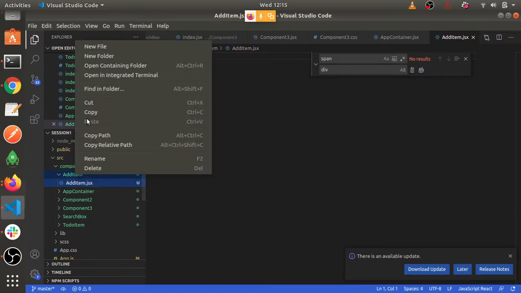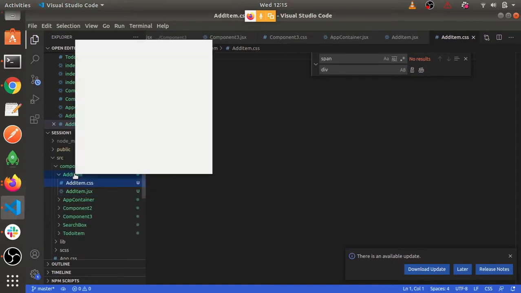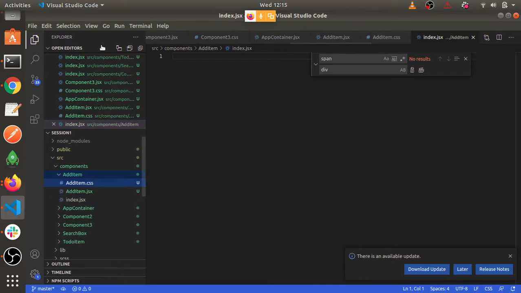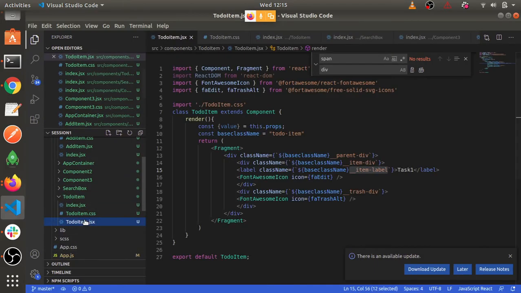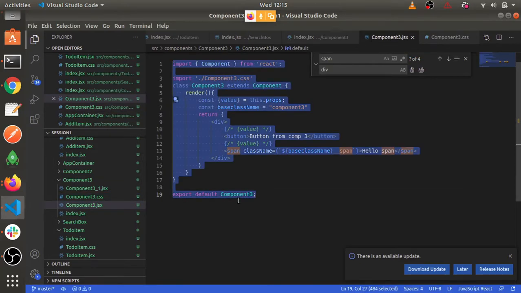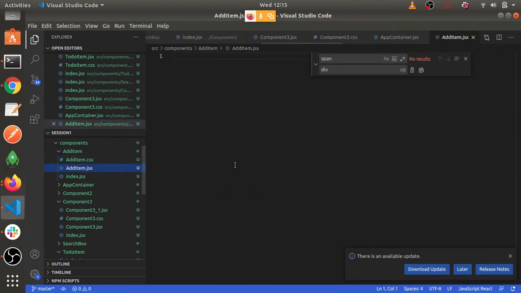It is not looking exactly like that. The reason behind that is we are not paying that much attention on CSS. Now again I'll copy paste. CSS thing we can do at a later point, but don't miss out, guys. It's what makes it look good. Again copy paste and we'll go to the add item.jsx.